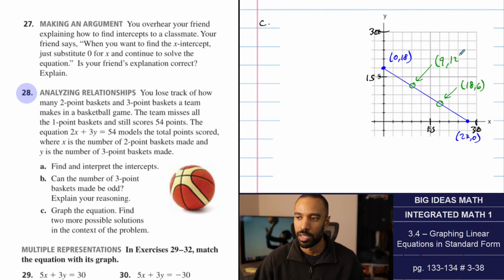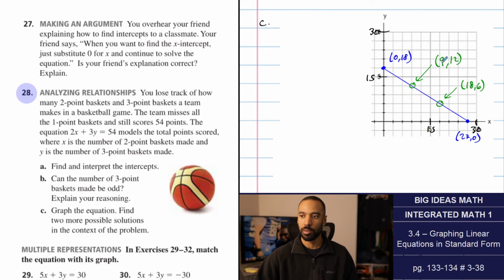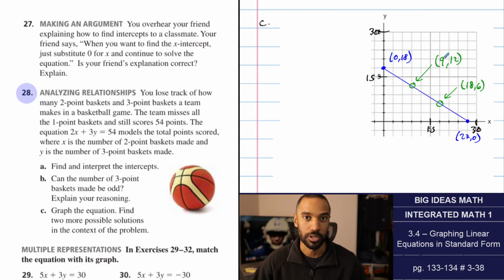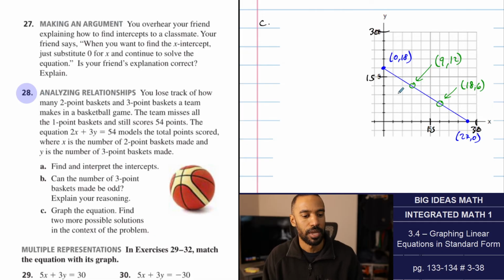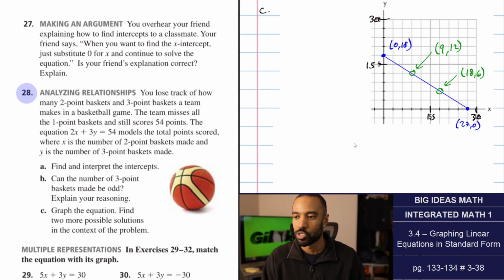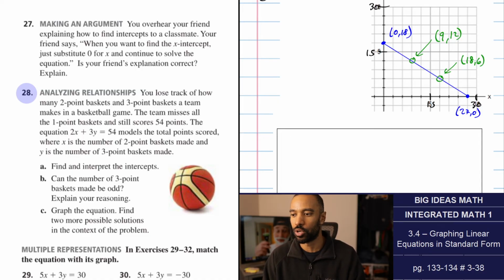Now on the 9, you're like, but Mr. Robinson, you said you can't score 9 3-pointers. These are 2-pointers. X's are 2-pointers. These are 3-pointers. Says find 2 more possible solutions. Okay, so I found 2 more ones. So to total 54 points, you could have scored